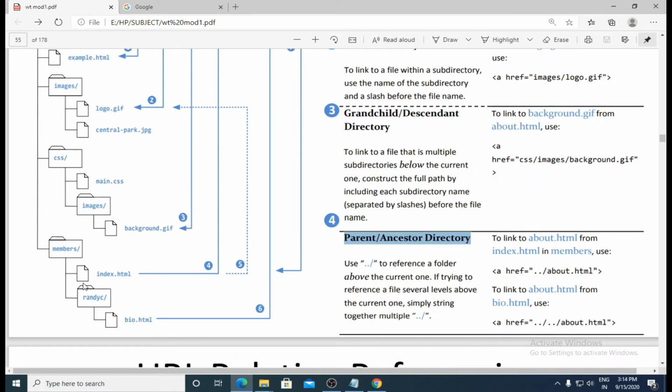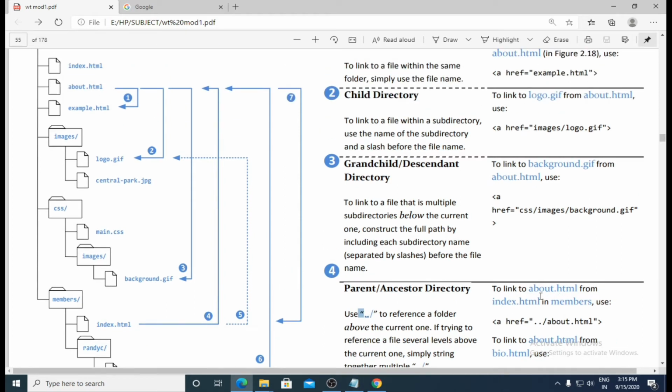So they are saying that if you want to move directories above, that time you make use of double dot slash. To come down from the parent directory to the child directory, we made use of forward slashes. To go from the child directory to the parent directory, they are saying make use of double dot slash. That is to link to about.html from index.html in members.